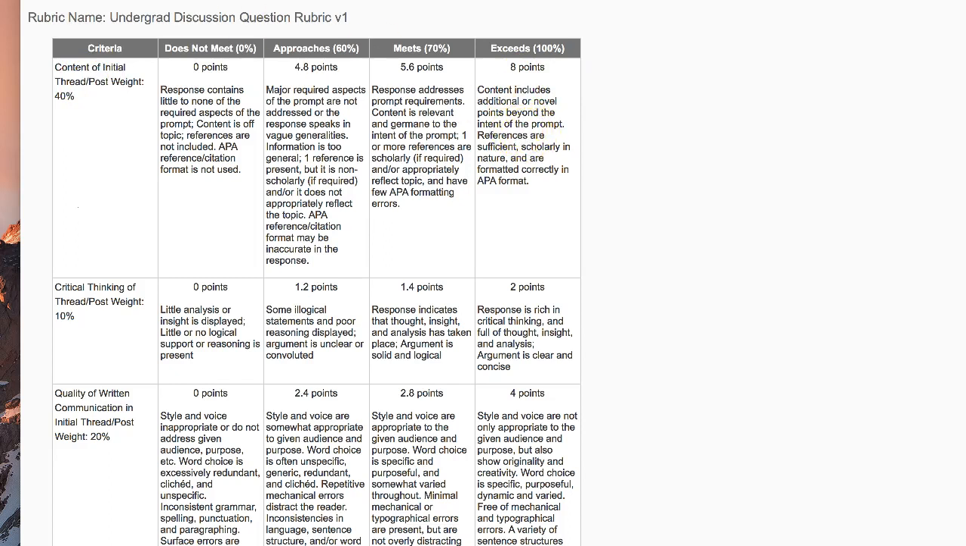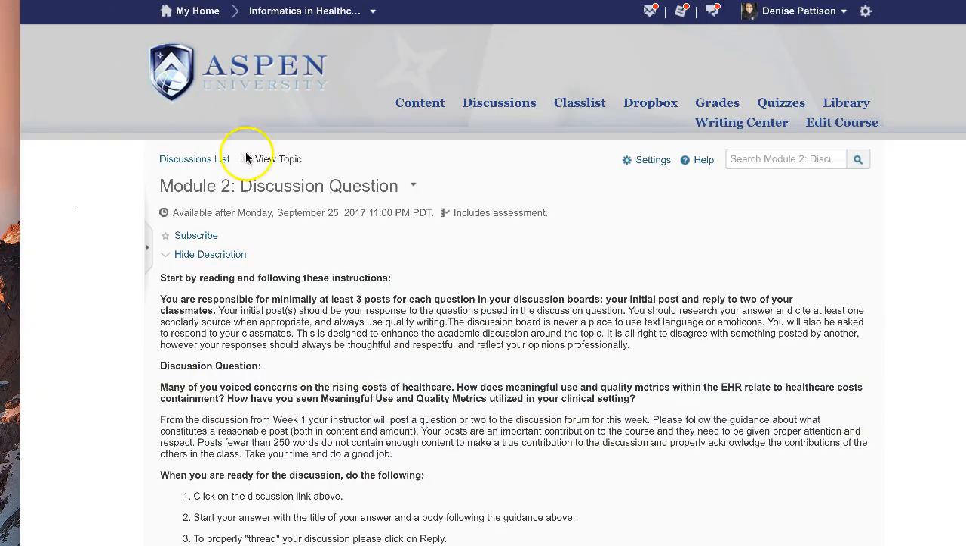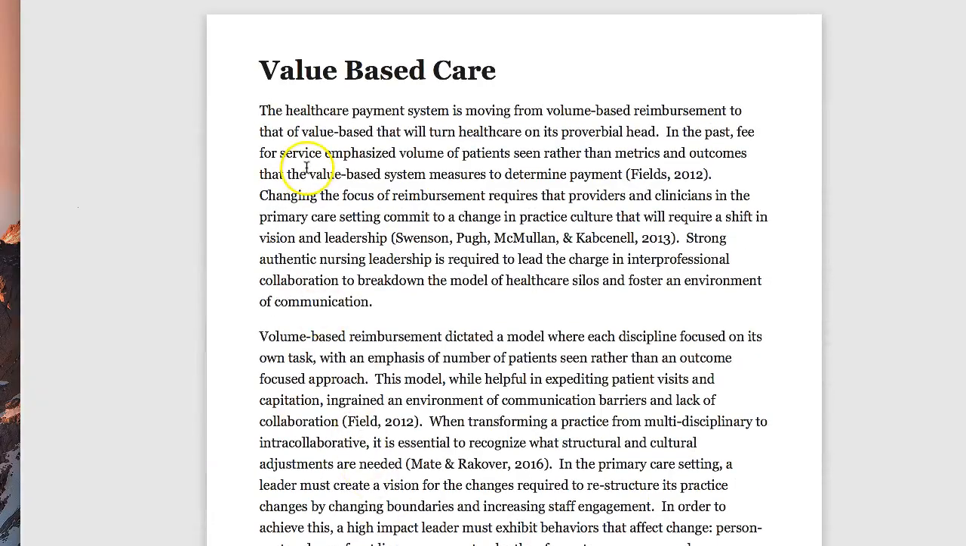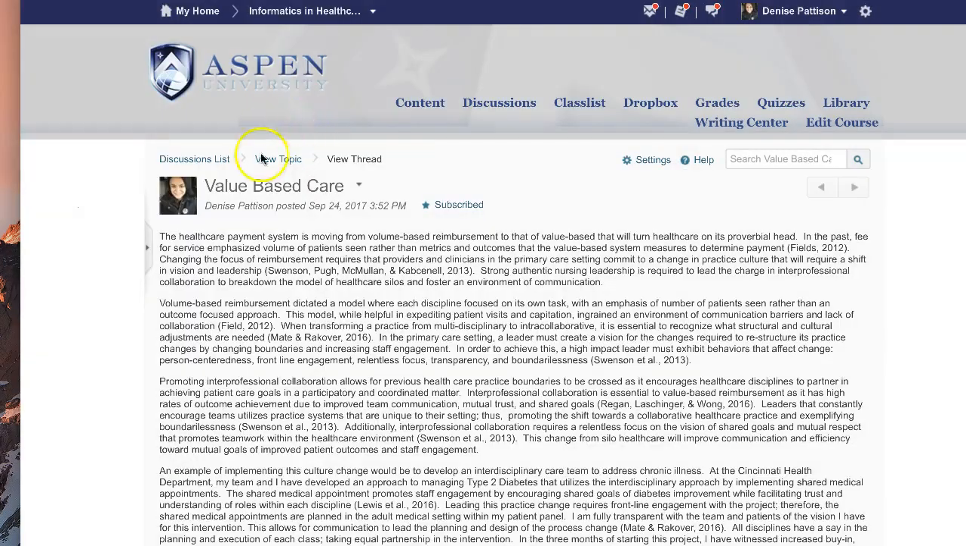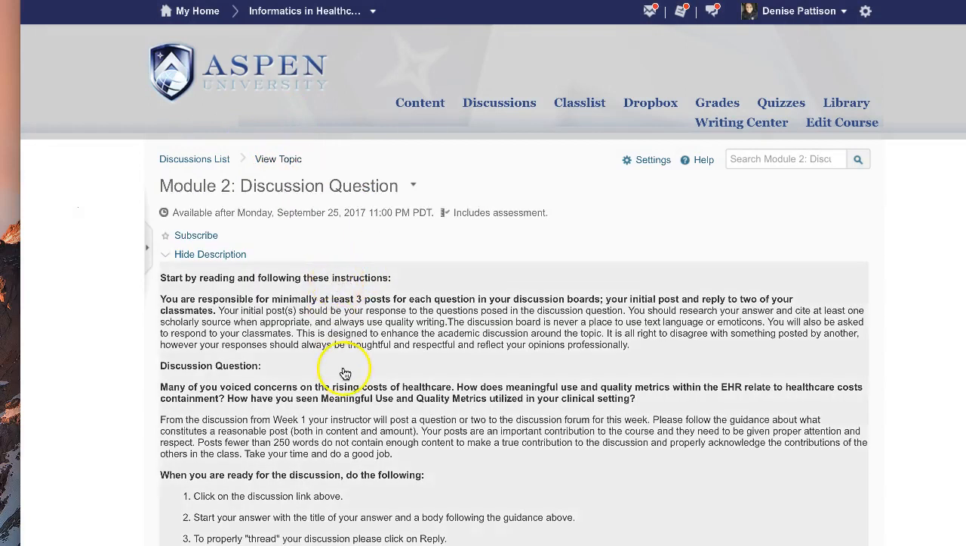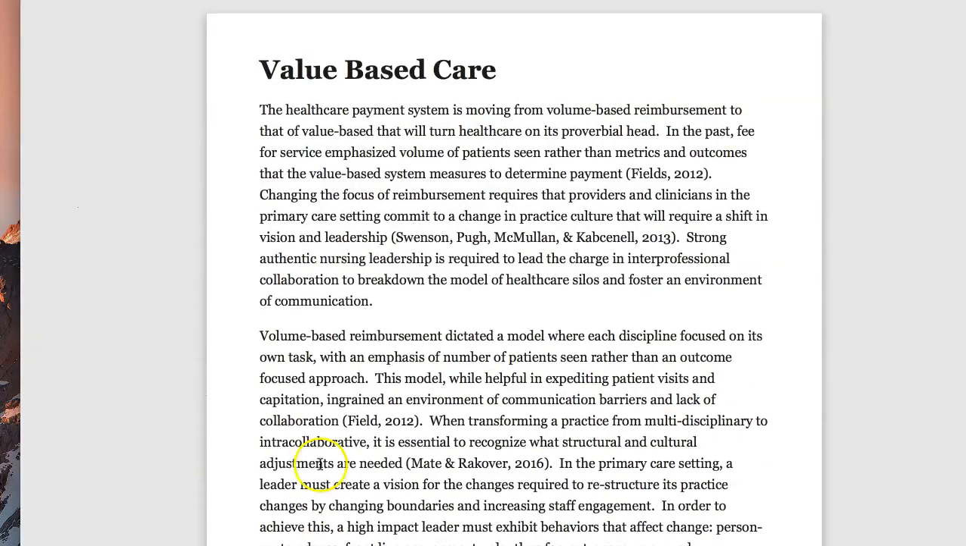I'm going to show you in my thread that I wrote. So value-based care. Okay, so really quick, the question is, many of you voiced concerns on rising costs of healthcare. How does meaningful use and quality metrics within the EHR relate to healthcare cost containment? How have you seen meaningful use and quality metrics used in your setting? Okay, so if you look at my thread,